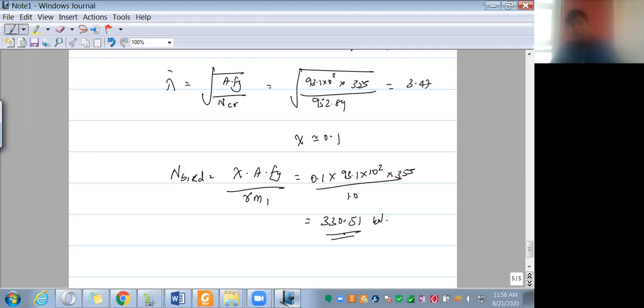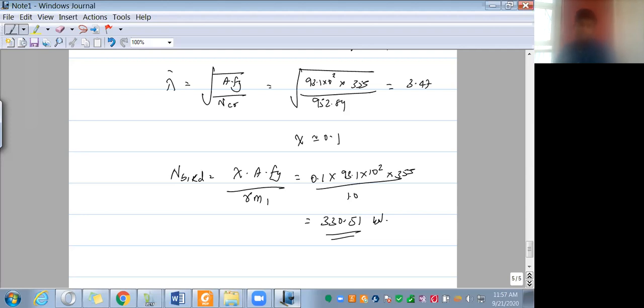So it's still less than 1000. So we need to choose a much bigger section that can satisfy this requirement. So this is going to be an iterative procedure if you have these both possibilities of buckling as well as